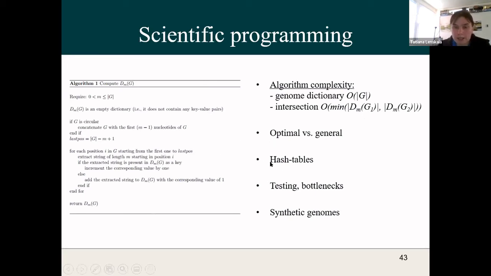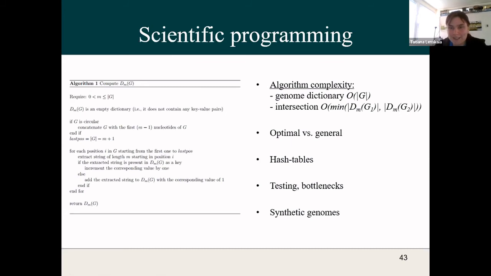And interestingly, when we ran the code on the supercomputer, the bottleneck was when you download and upload the genomes, because it takes very long. So we decided to use synthetic genomes. You just write a short script and you can generate whatever number of genomes, whatever length you want, with a given number of nucleotides. So we call it synthetic genome. And we ran this method on synthetic genomes, and we observed a really interesting